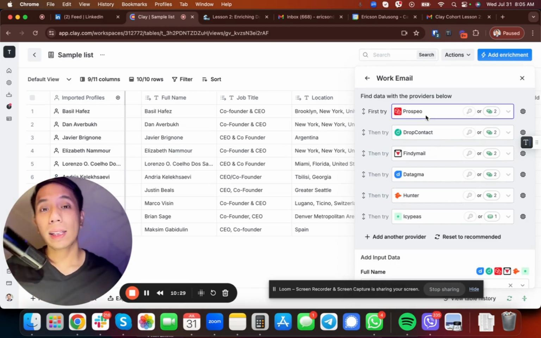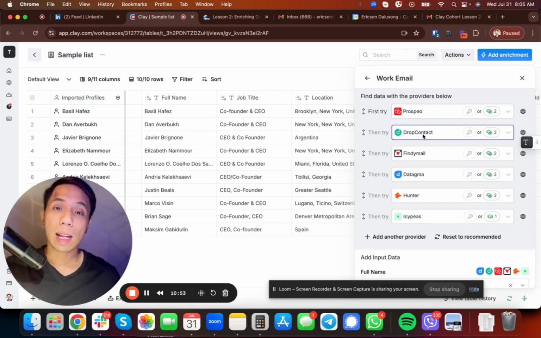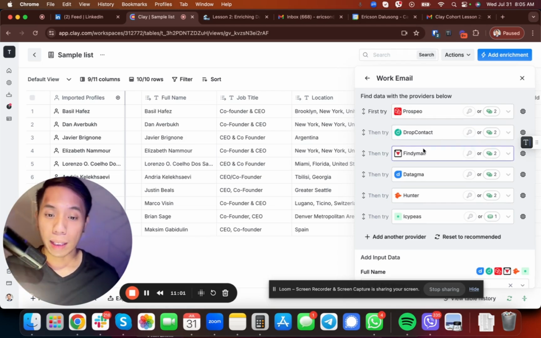Basically, this is how it's going to work. First, it will search for email using Prospeo, which is our first data provider. If the email is not available with Prospeo, then it's going to run the email search through DropContact. And if DropContact doesn't provide the email data, it's going to run again to find email. This is going to continuously run until the data is found.